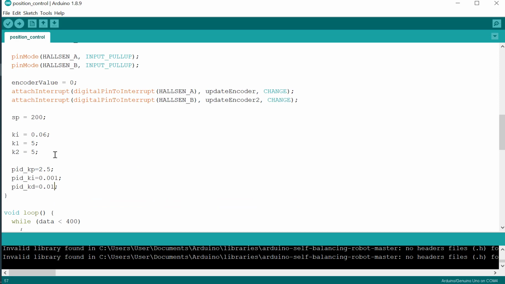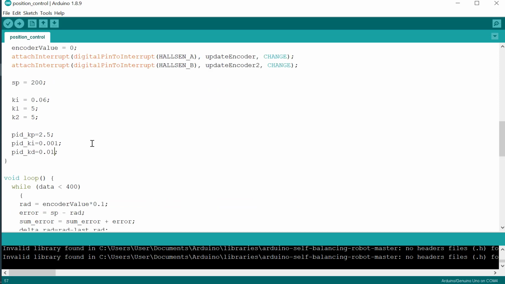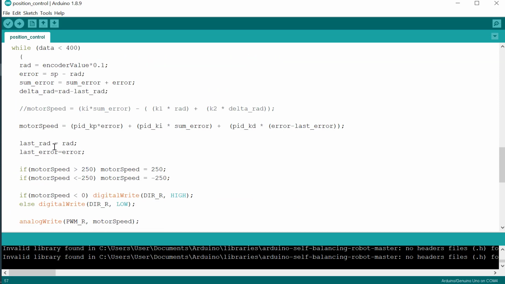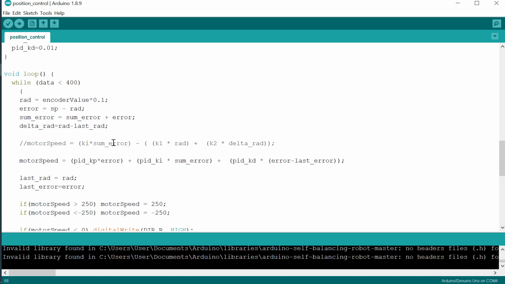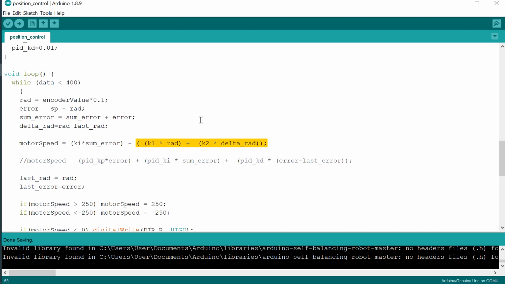And before I explain the code, the program, I will try another controller. It is the integral state feedback here. So integral state feedback consists of the integral control and also the state feedback control.